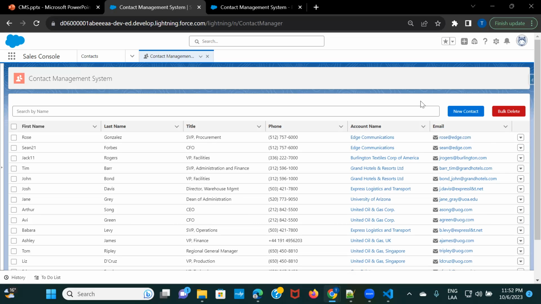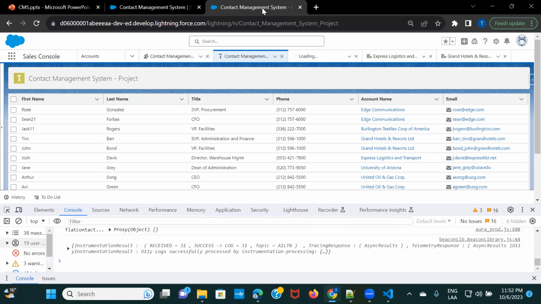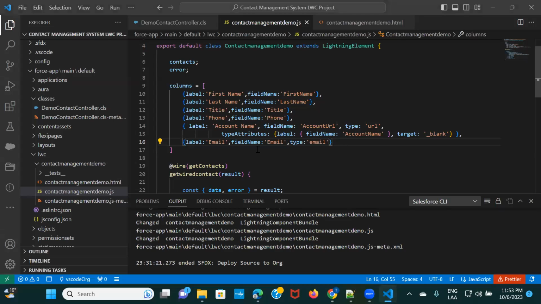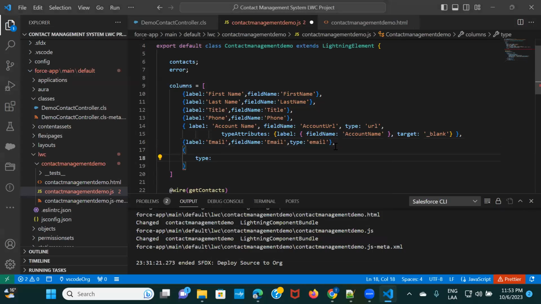Before that, I would just show you what we have built till now. So we have only till column email, right? So let's just start with step 1 by displaying the column first. Okay, the action column, and after that we will include the action names and then the implementation. So I'll go here, and these are the columns that we have. Okay, so here I'm going to include another column for actions, and the type would be